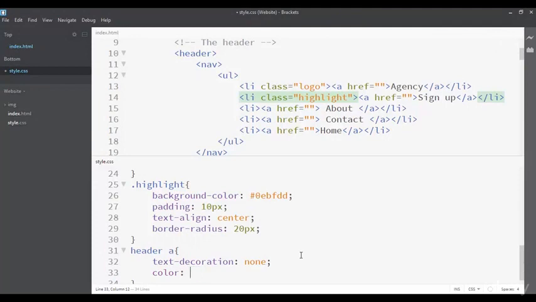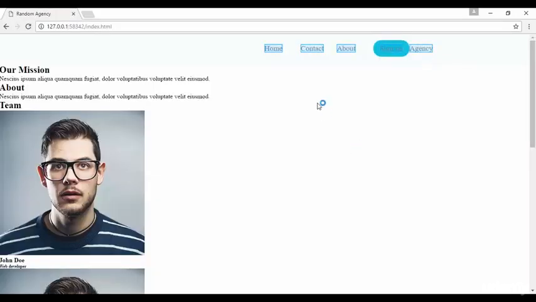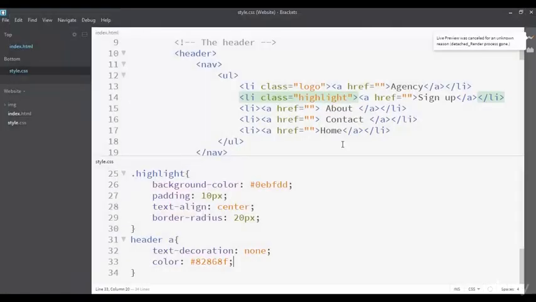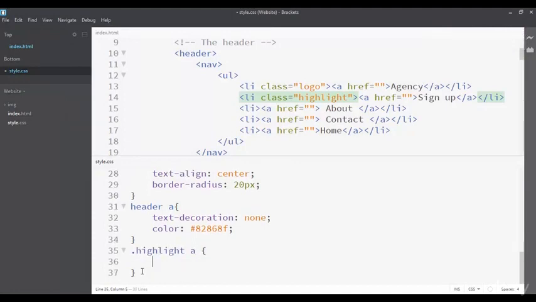I'm sorry for that. 82868F. So let's save it and click on live preview. Well, great. So let's go back to the text editor and let's go back to the highlight.a and change its color